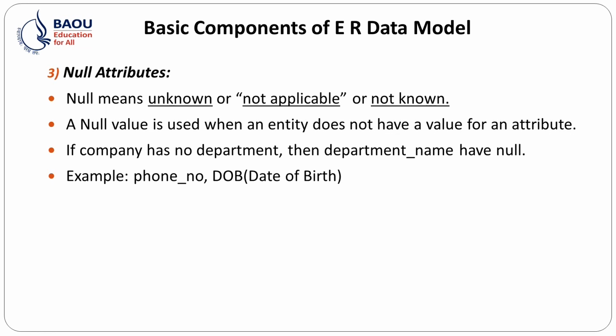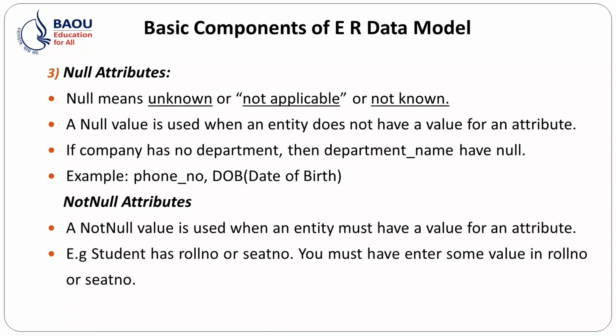A null value is used when an entity does not have a value for an attribute. If we don't know the attribute value, then we use null. We don't know the city of the student Ravi, so we can put a null value until we know the city